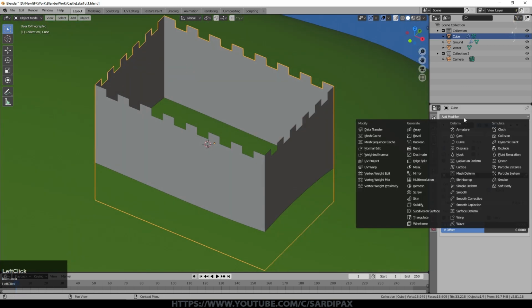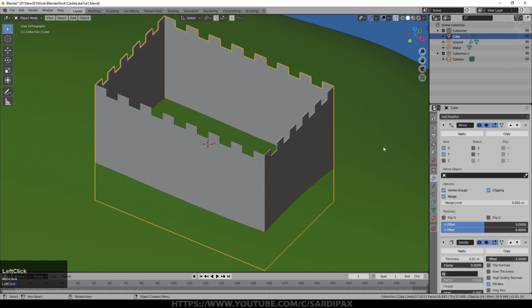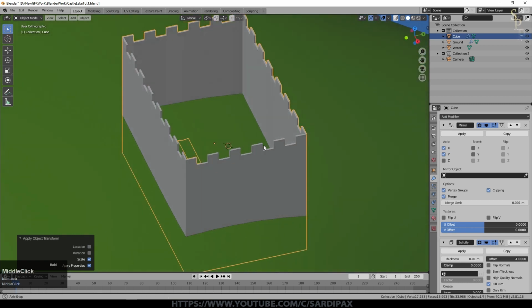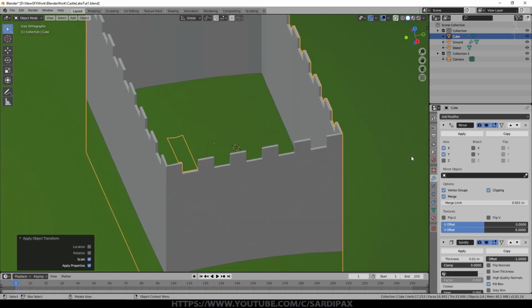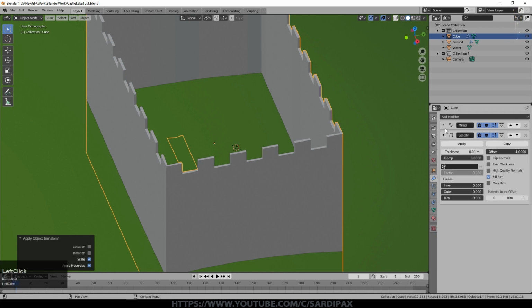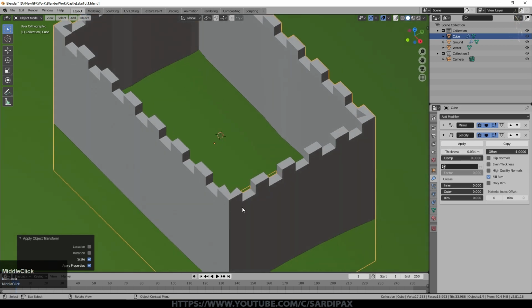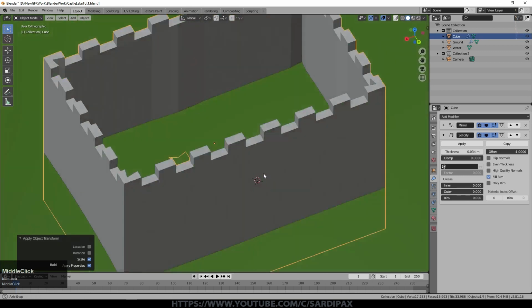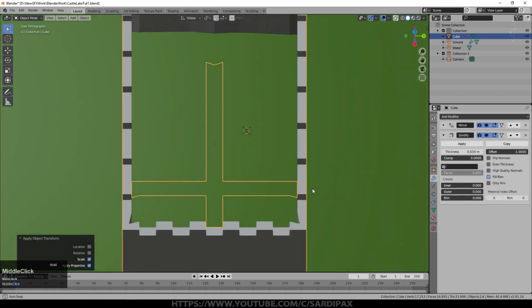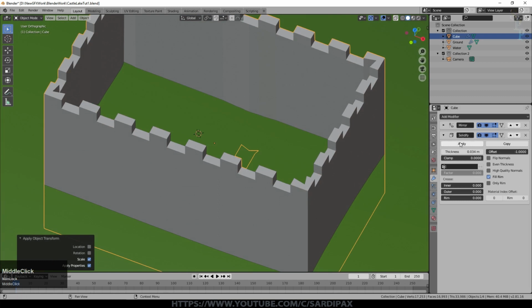So we'll add another modifier, which will be a solidify modifier. I'm going to Control A and apply scale at that point. And we have to think about how thick these walls are going to be. Probably thicker than that. I don't think they'd stand up for very long like that. So we can now increase the thickness of our wall, holding Shift down to do it very slowly. You do get a slight problem at the inner corner there. It's not really an issue, we can't see it. If it was something we wanted to see, we can apply the modifier and then just pull that section out.